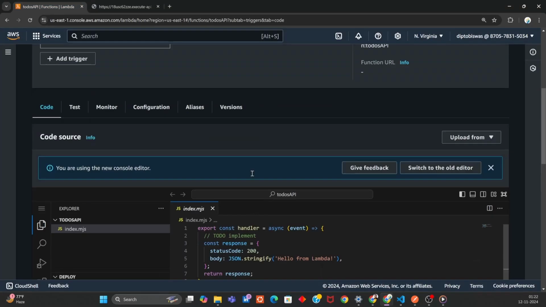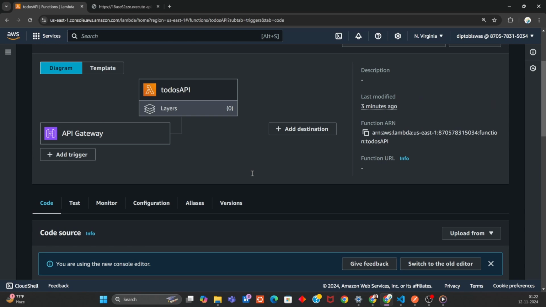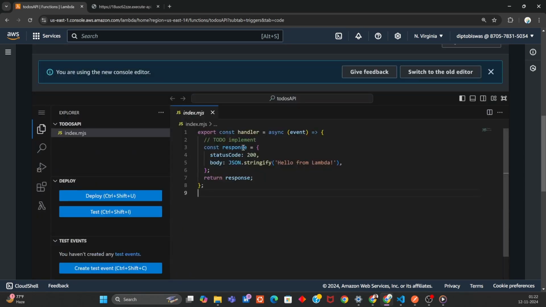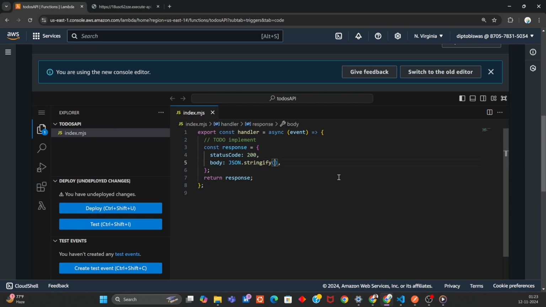Which means our Lambda function works and it's very simple. As you can see, we only have to write a function. Let's change this. Instead of "hello from Lambda", we will do something else. Let's say this is a health checker API, and we write this all the time. So let's write "API health is okay, okay",